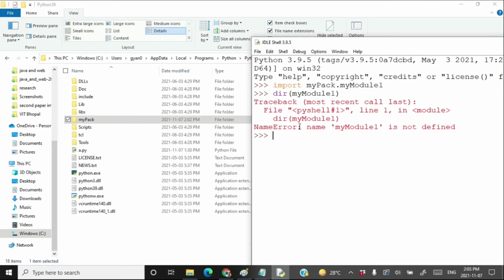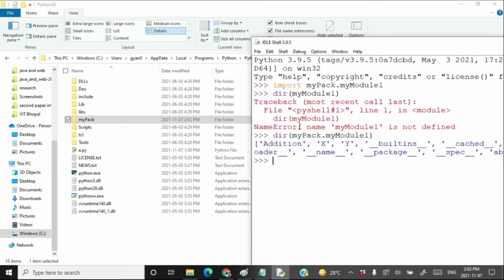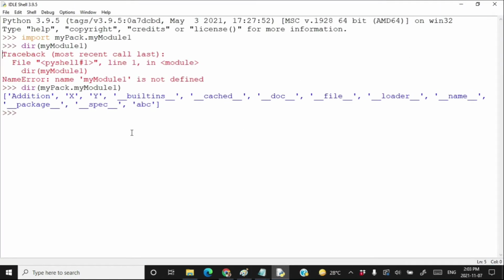I think we have to write the full name of my module. So we have to write dir mypack dot my module 1. Press enter and it tells us something about my module. It says that we have a method addition, we have variables x and y, and we have another method abc.